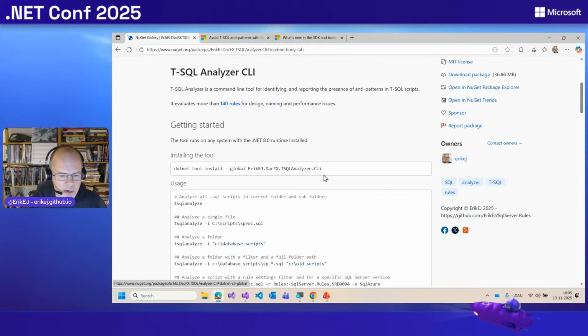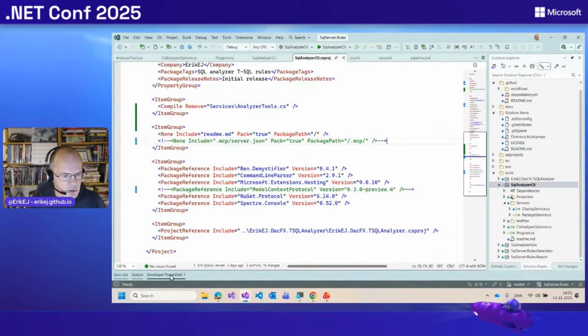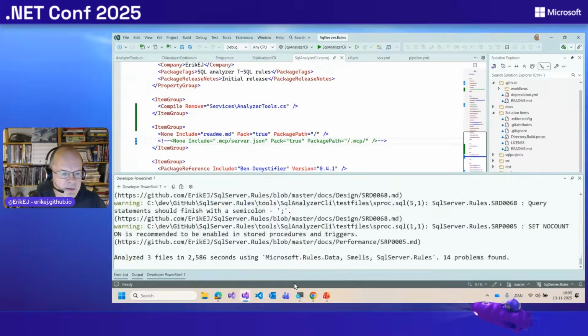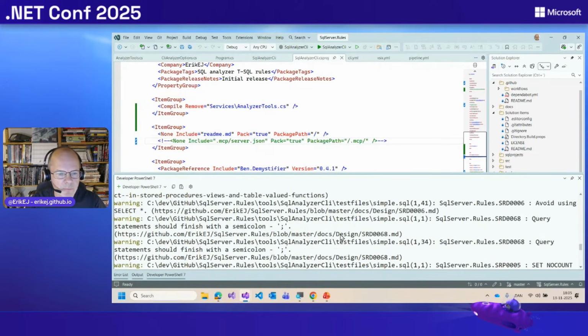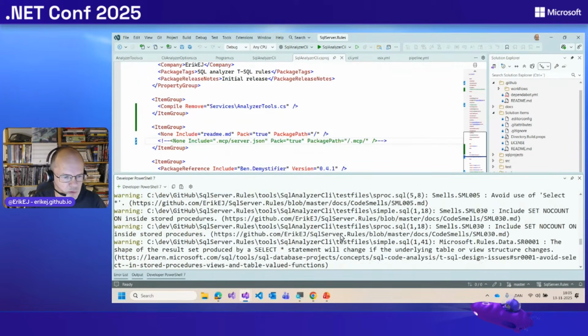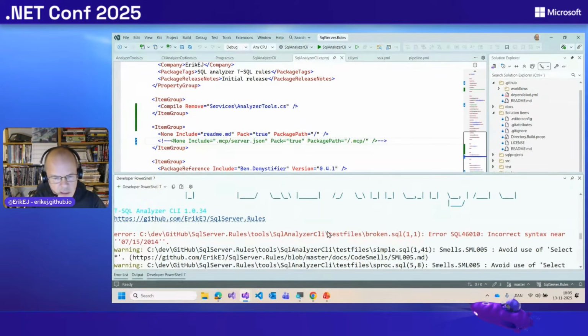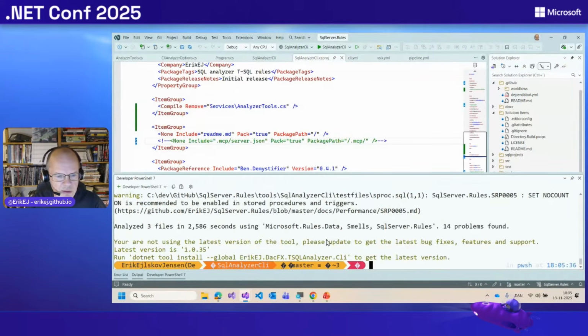So if you are in a folder with some T-SQL object creation files, you can just run the tool, and it will run analysis on those files against more than 140 analysis rules and report any findings back as warnings in this case. There was also a syntax error in one of the files, so it's reported back as an error. So it's a standard command line tool, and you install it with a .NET tool install.